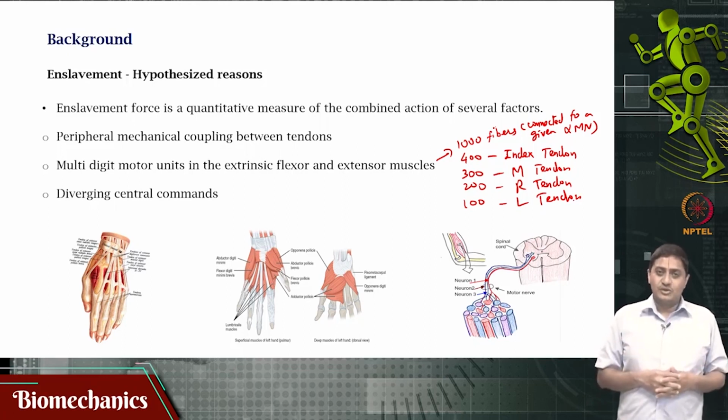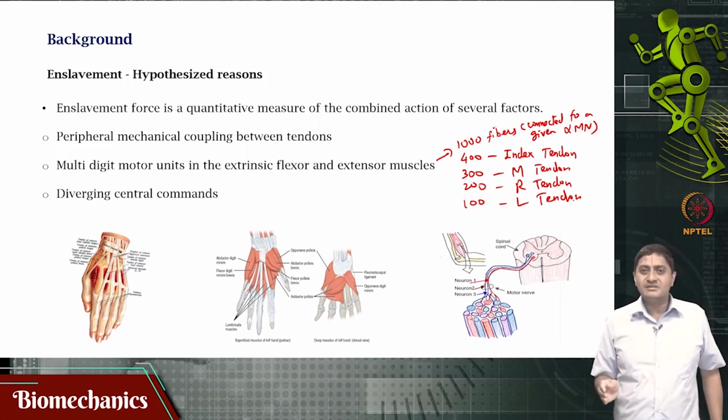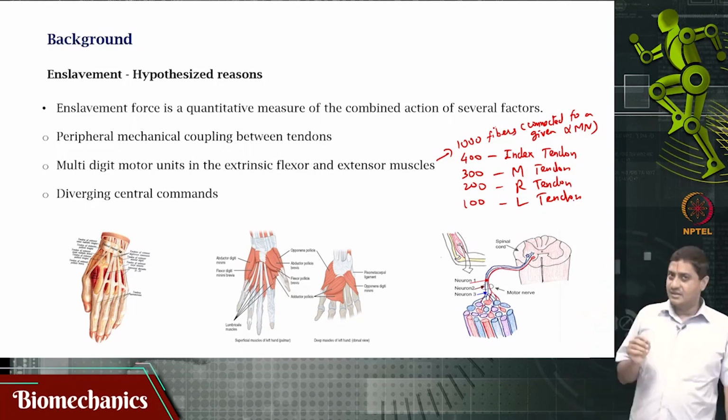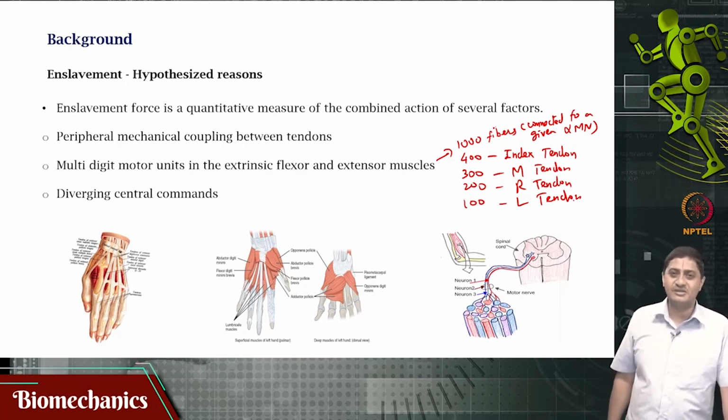If this was the only motor unit that is contracting at that time, then the force will be distributed like this, 1:2:3:4 between little, ring, middle and index in that order. Is it not? That means it does not matter what the instructed finger is. The instructed finger might be the ring finger, it does not matter, or the index finger, it does not matter, because this alpha motor neuron is activated, all the fibers will get activated because